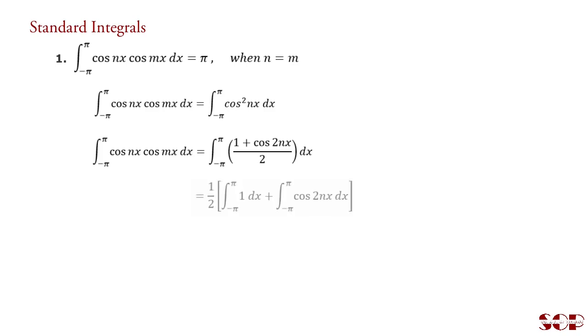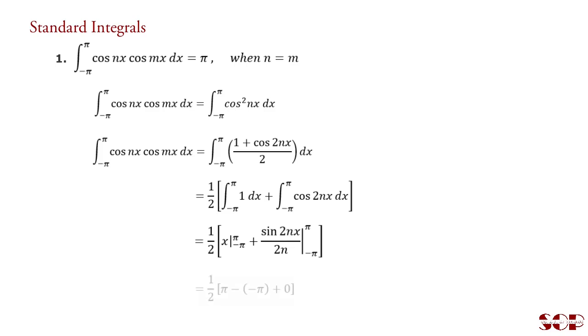Taking one half outside and separating the bracket into two parts, we have the integral equal to 1 half into the bracket: here 1 into dx is the first term, and cos 2nx into dx is the second, which is equal to 1 half. Now, the integration of dx is x with limit minus pi to pi, plus the integration of cos 2nx, that is sin 2nx upon 2n, with limit minus pi to pi,